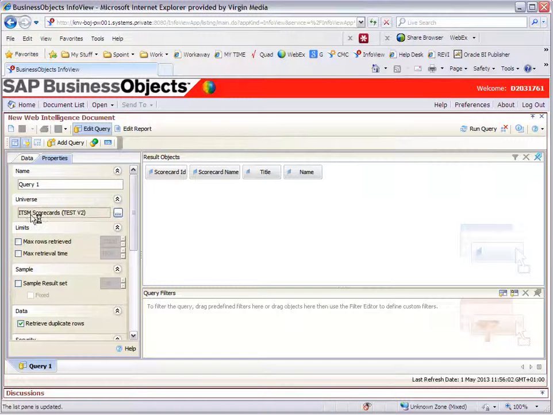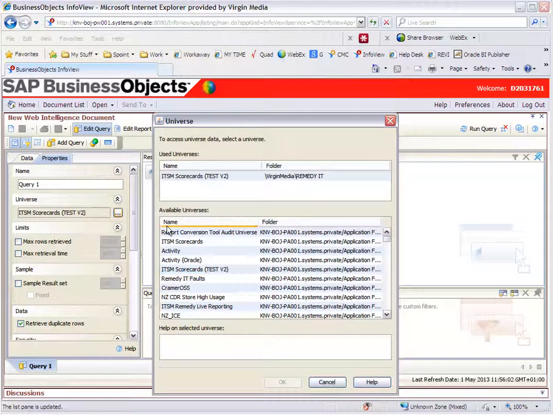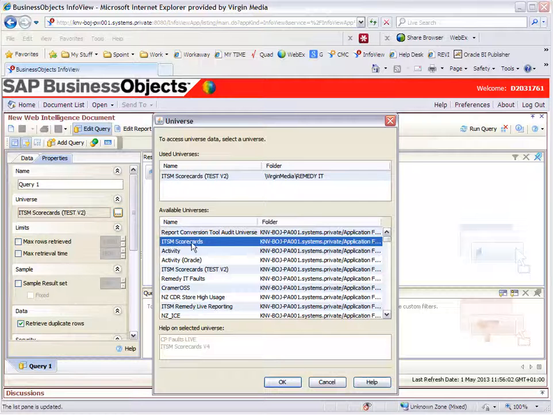In 6.5 you used to get a short name. In XI it's now a long description. Again, you get the buttons that you do in 6.5 with the three little dots. If you press that, it brings up a list of available universes. So you see this is a currently used universe. And what I want to do is repoint at this ITSM scorecard, which is the live version of that test universe. As you can see, the description there says it's CP faults live. It's version 4. I'm going to hit OK,